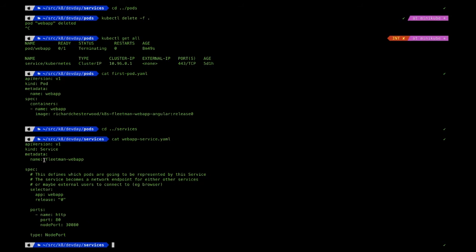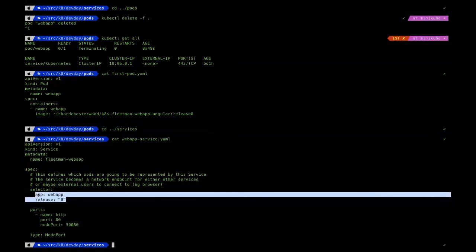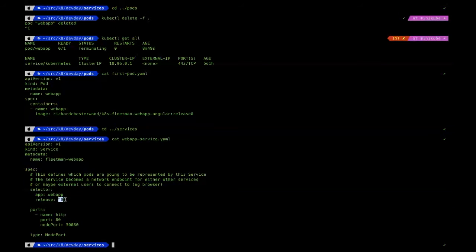In this case, I'm taking this label and trying to access the code that I have defined called web app, and the release is exactly 0. I'll explain this in a while. And it's also very important: the port. What is the local port that you are running your service on?